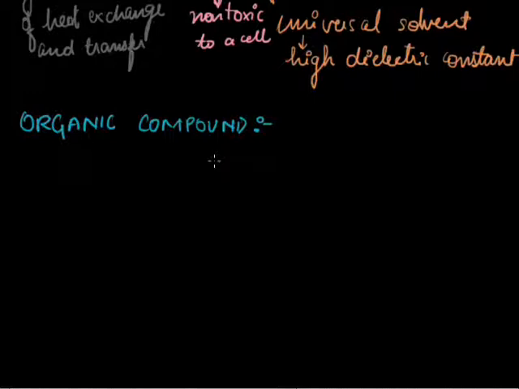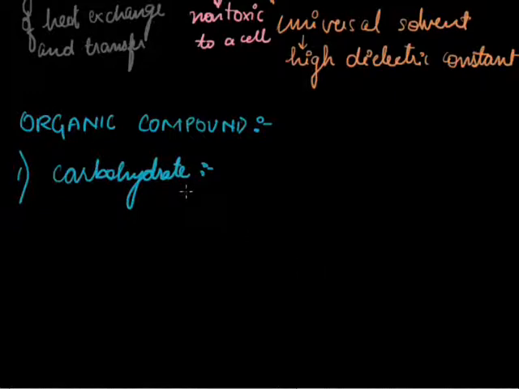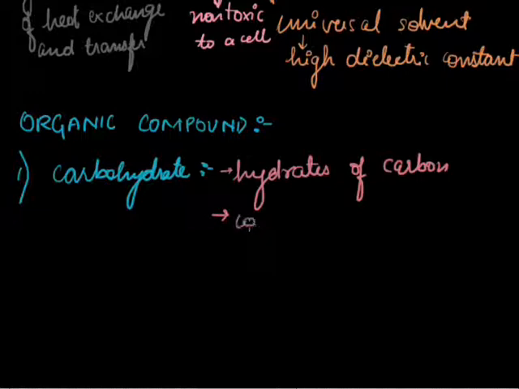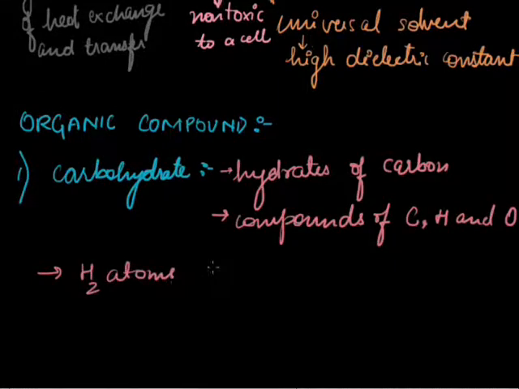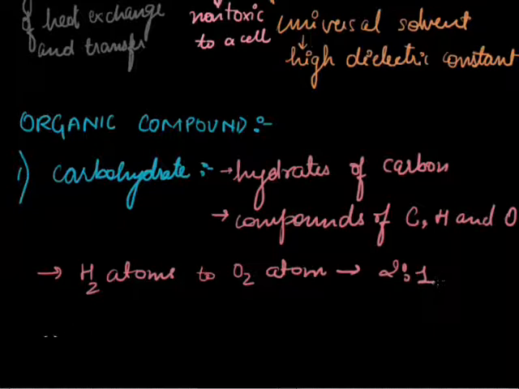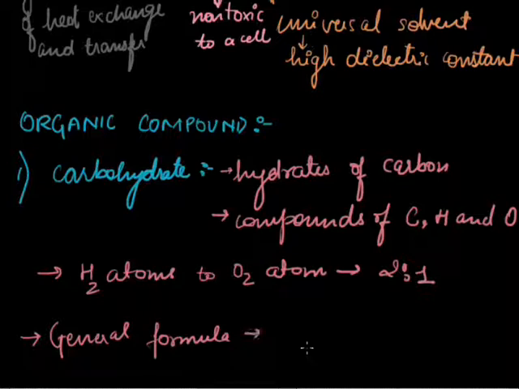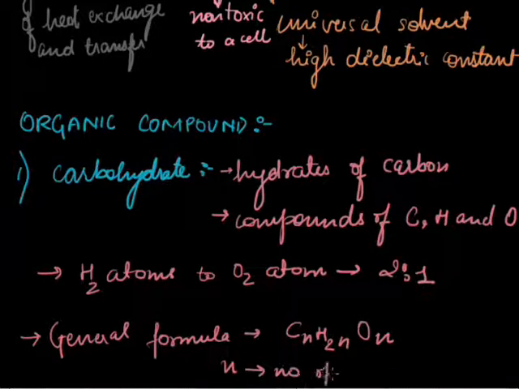We can define organic compounds as the compounds of the living world. One of the most important compounds is carbohydrate. Carbohydrate, as the name suggests, means hydrates of carbon, or we can say these are compounds of carbon, hydrogen and oxygen. It is also noticed that the ratio of hydrogen atoms to oxygen atoms is found to be 2:1. The general formula of carbohydrates is CnH2nOn, where n is the number of atoms